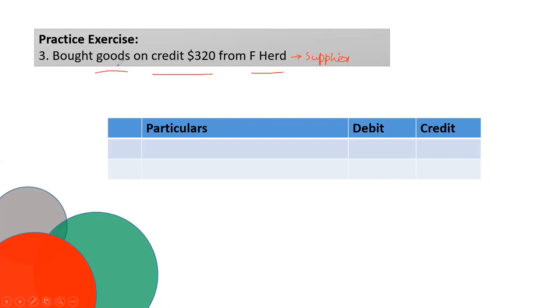So here goods are coming in the business. We will write purchases, because inventory is a current asset, and whenever a current asset is increasing, it is always a debit entry, 320 on the debit side. But why are purchases increasing? Because we haven't paid cash here; it has increased due to a liability, because we have bought on credit. So we will write F Hurd as a liability,